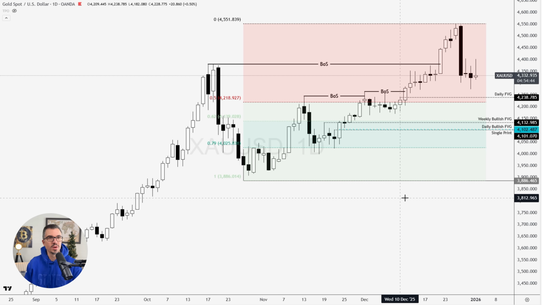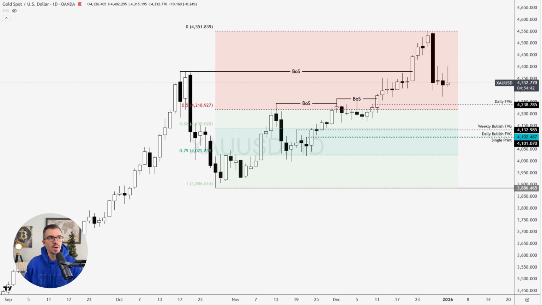I get that. But if you're looking at this chart here, and I look at where OTE is sitting here for gold on the daily time frame, external low, up here to new external high, break of structure, you look at the OTE, right? 79% to 62%. Look at the imbalances down here that are unmitigated. We have a single print, TPO terms for a thinly traded area. We have a daily bullish fair value gap. We have a weekly bullish fair value gap. All of this is unmitigated right now. And all of this lines up exactly with